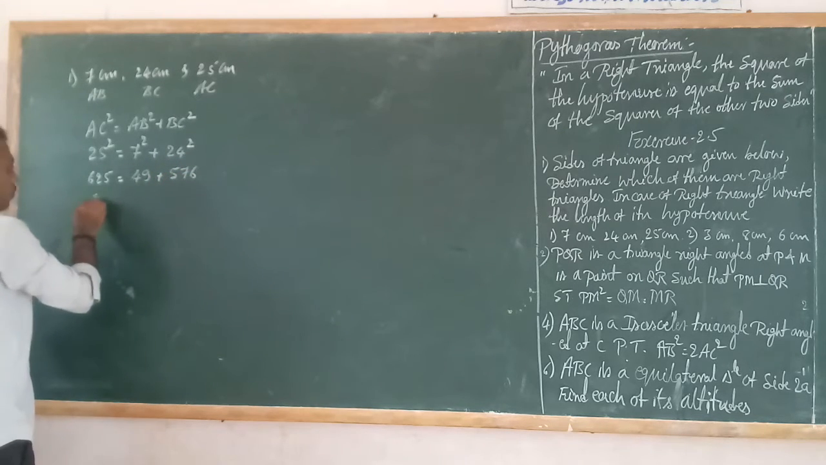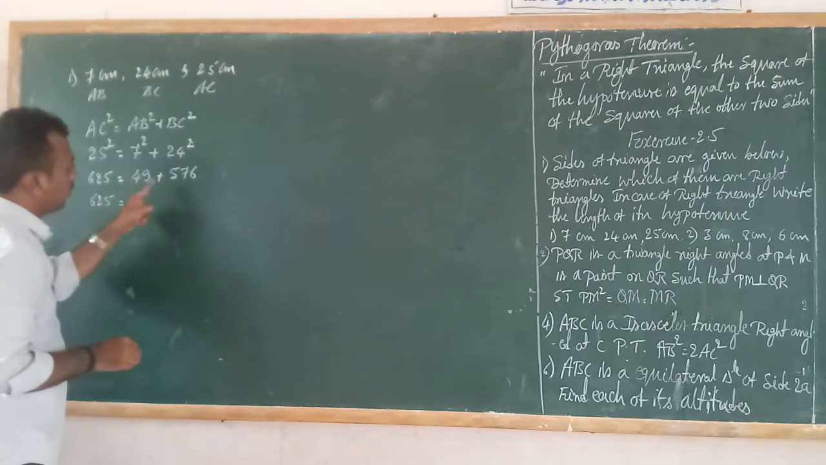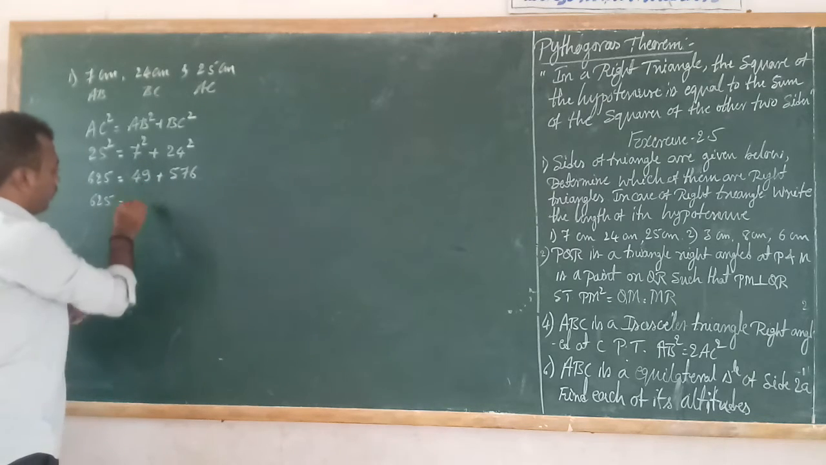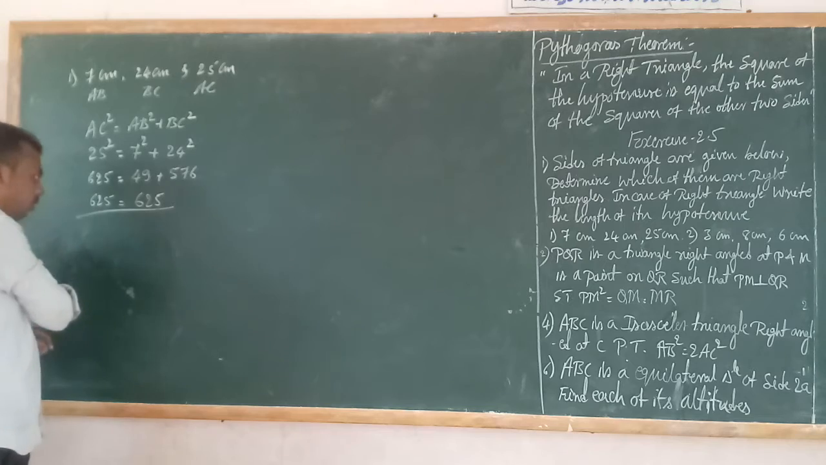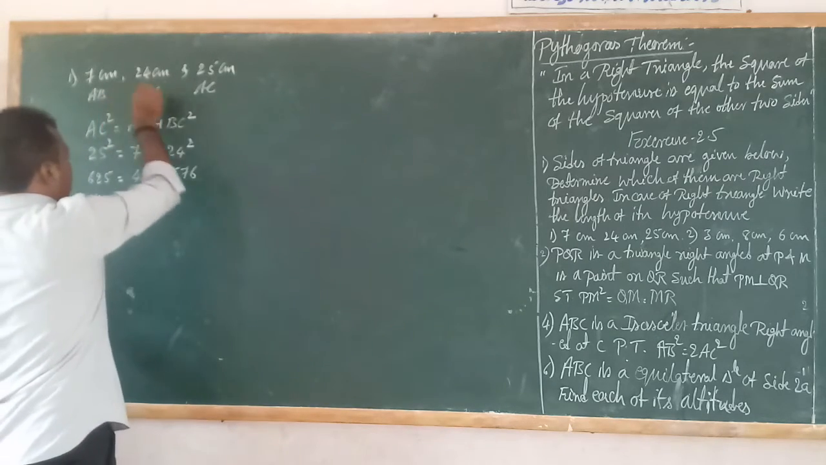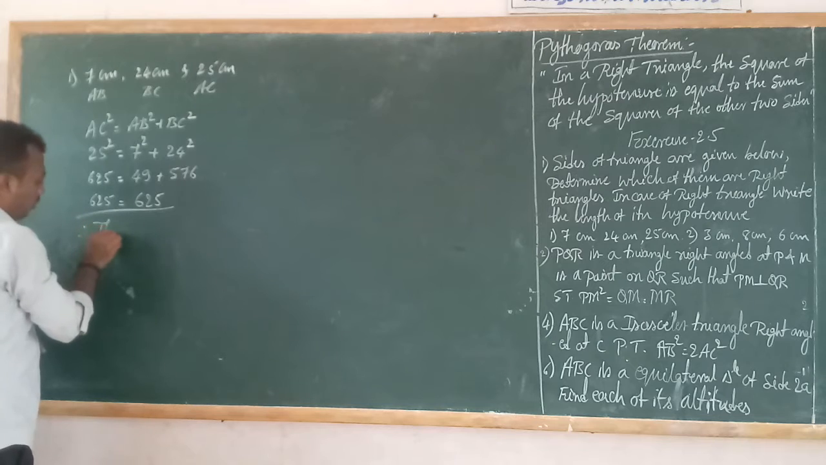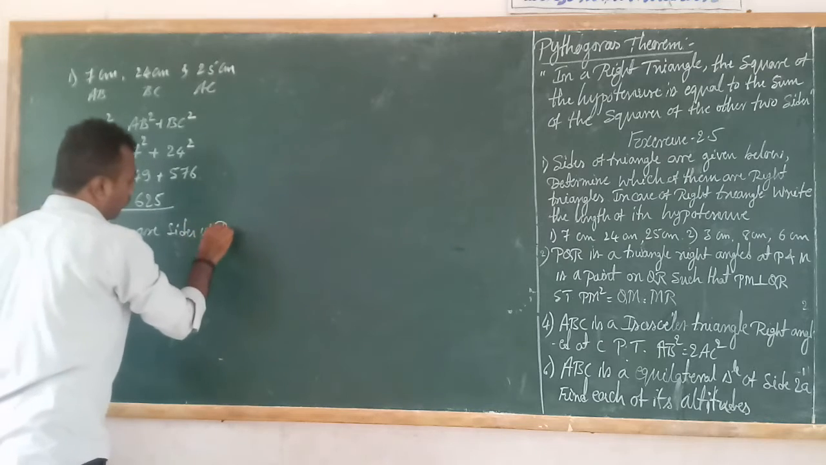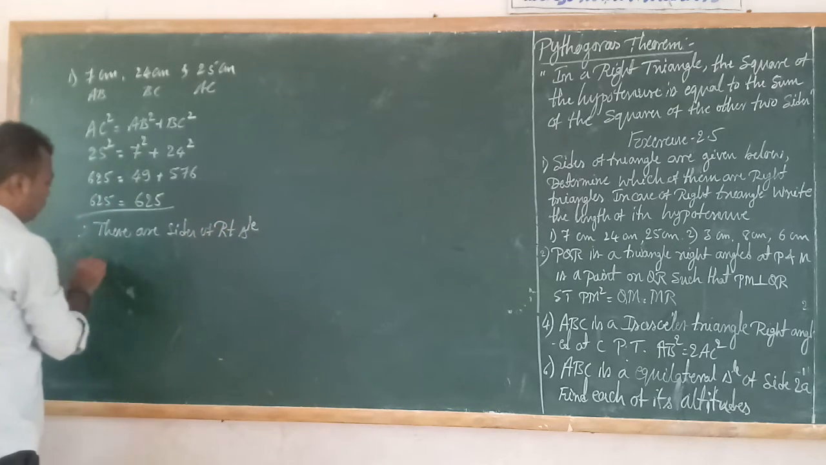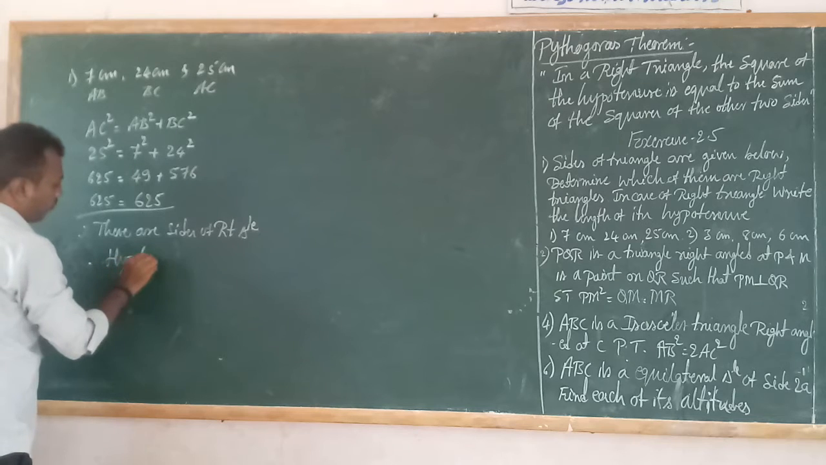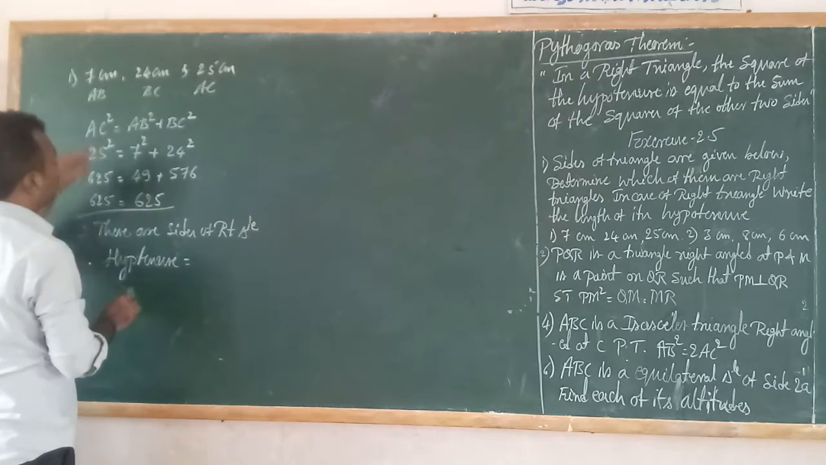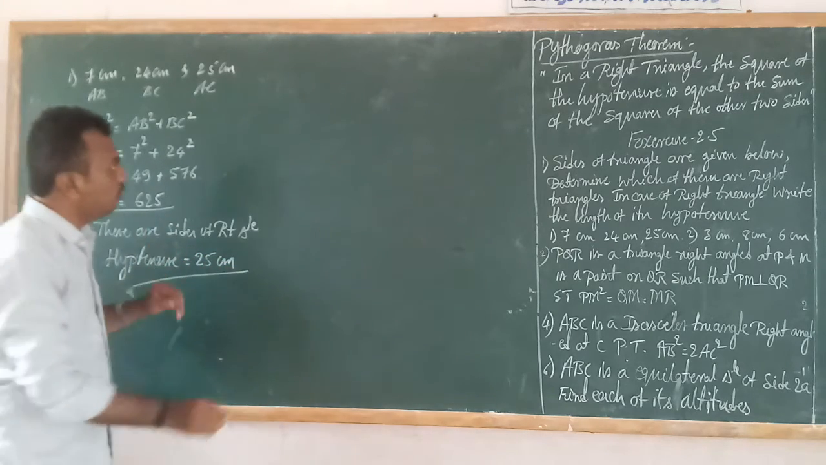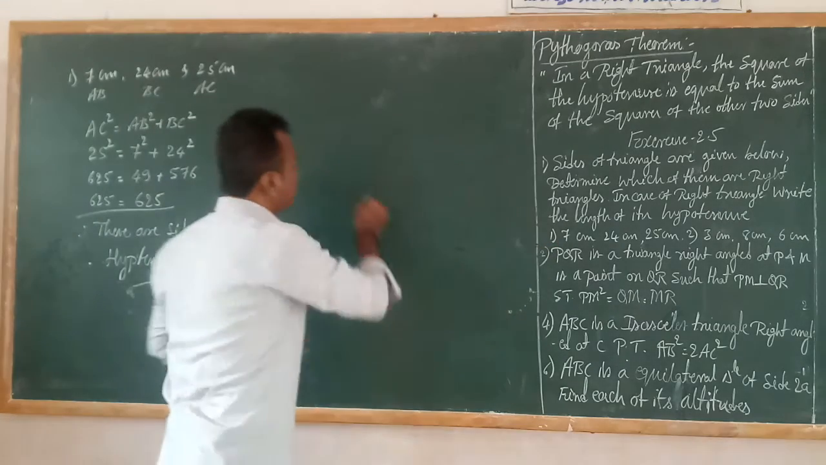Correct? So 625 is equal to 49 plus 576, 576 plus 24 is 600, plus 25, 625. So 625 is equal to 625. LHS is equal to RHS. Therefore these are sides of a right triangle. Right triangle. Therefore hypotenuse is what? Highest one, 25 centimeter. Understand? So now second one like that, 3 centimeter